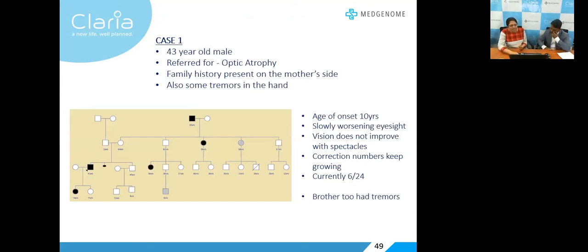So we asked them to go for a complete neurology. So he went to a neurologist, and the neurologist said that it looks like ataxia. So he said check for ACA12. So we have not yet got back, but I put this case because this is how a pedigree helps, and